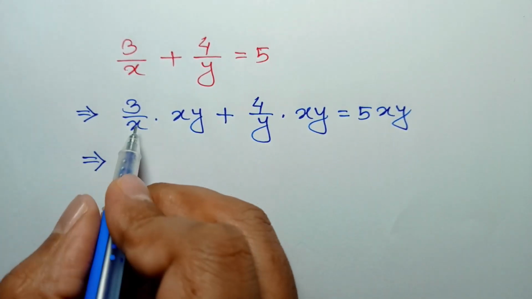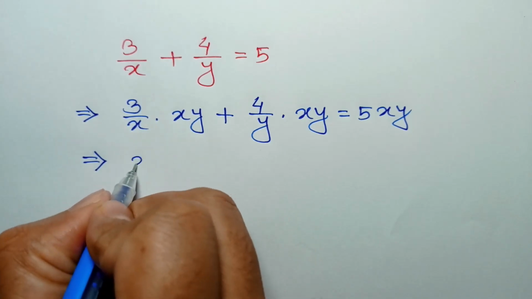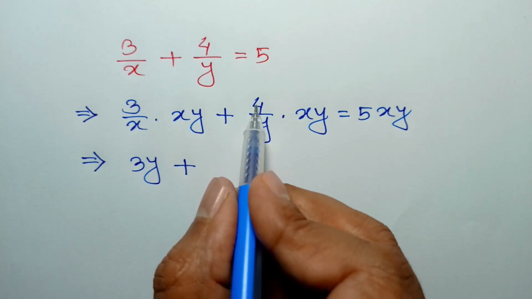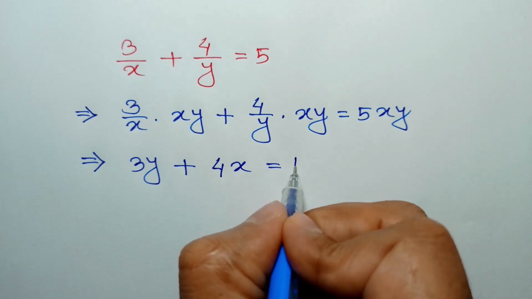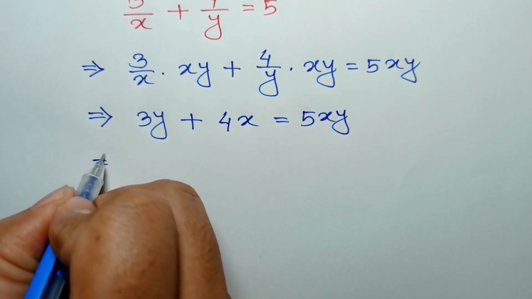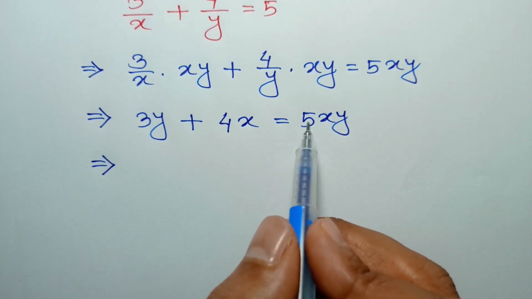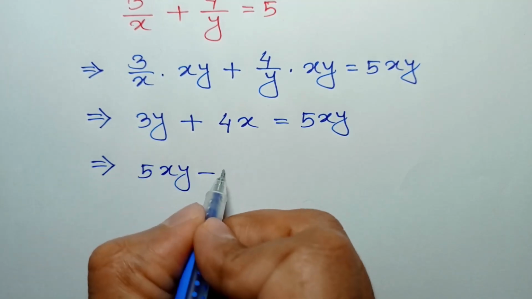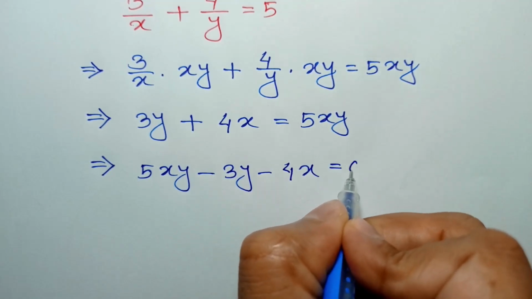or this x and x will cancel out, so it will remain 3 times y is 3y plus this y and y will cancel, so it will be 4 times x is 4x is equal to right side is 5xy, or taking this left side to right and writing right side to left, we can write 5xy minus 3y minus 4x is equal to 0,